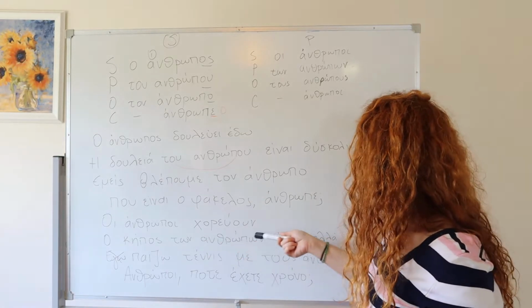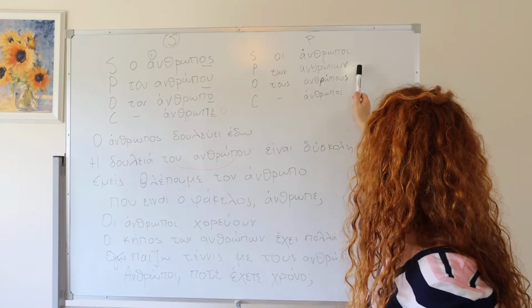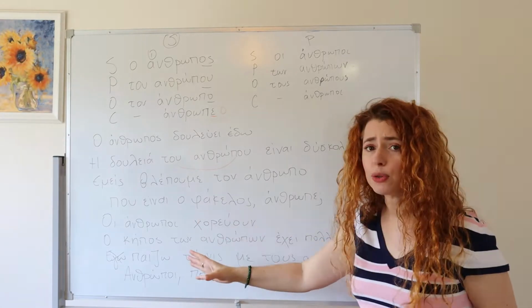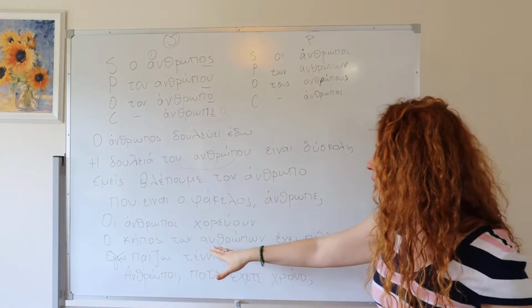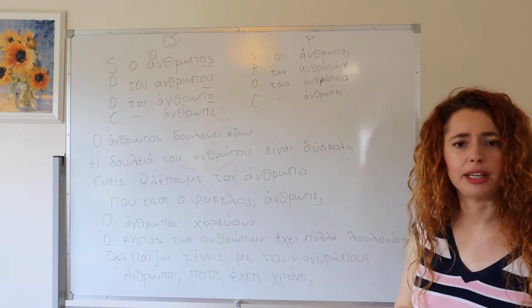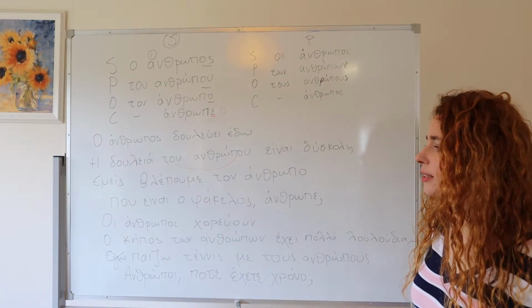Ο κήπος των ανθρώπων έχει πολλά λουλούδια. Των ανθρώπων, possessive. Ο κήπος is the subject. Των ανθρώπων is possessive. Έχει, has, πολλά λουλούδια, object. Many flowers. We could have said